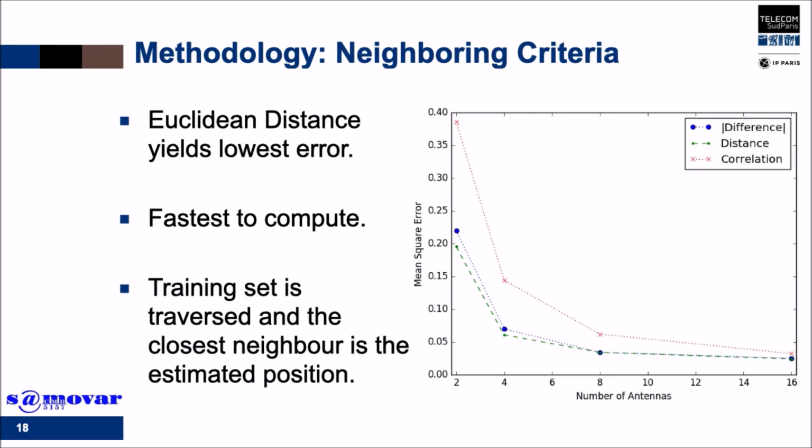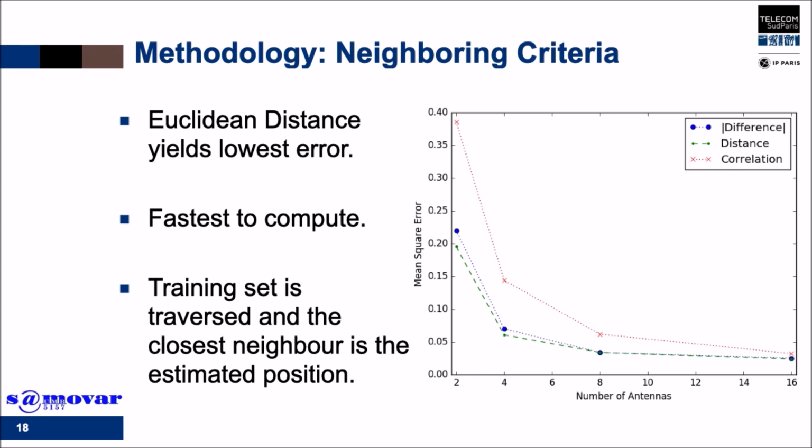In order to decide on the best criteria to use, we perform different experiments with different number of antennas. So on the x-axis here on the right figure, you can find the number of antennas that we use, and on the y-axis you find the mean square error of the predicted position. The predicted position is calculated using a very simple rule. For each test sample, the sample in the training set that yields the smallest neighboring criteria value is simply chosen